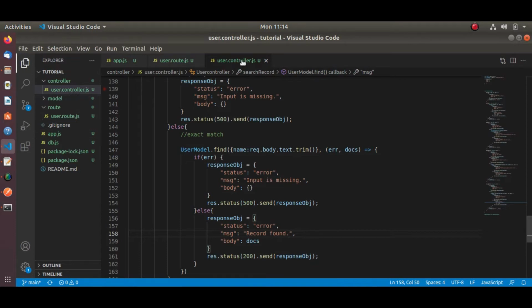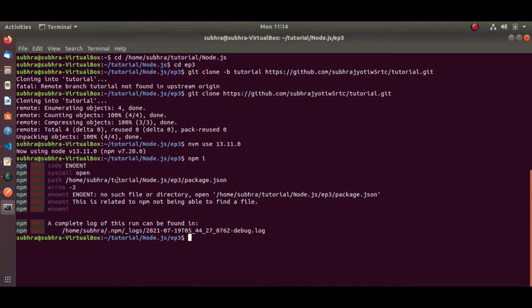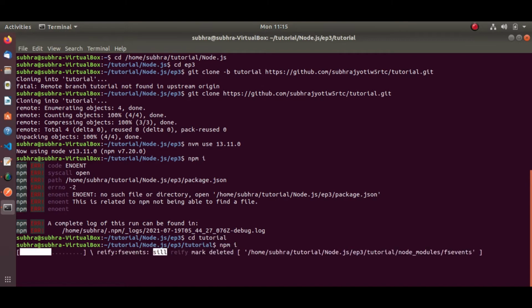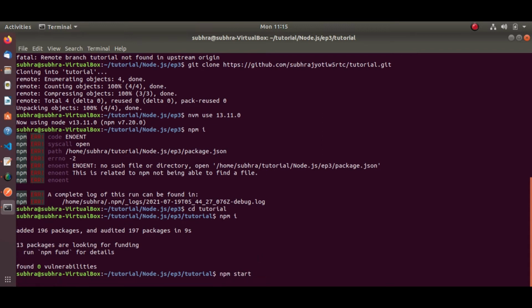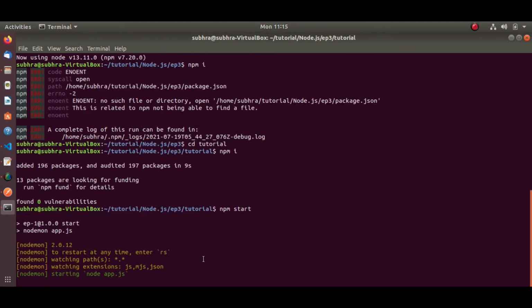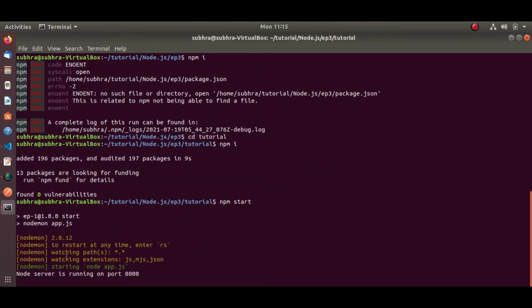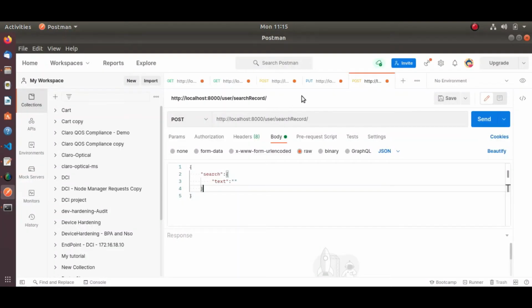So let me check my code. Okay, no problem. So here I will install npm i. Now all my node modules have been installed. So after that I will start my server, npm start. Okay, now you can see the server has started and there is no error.